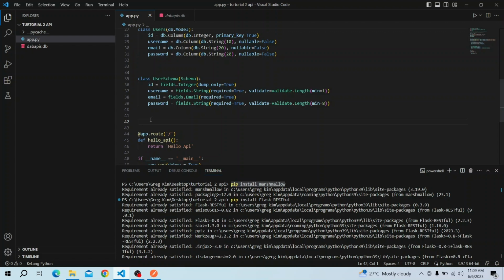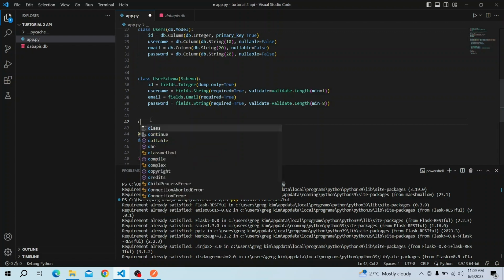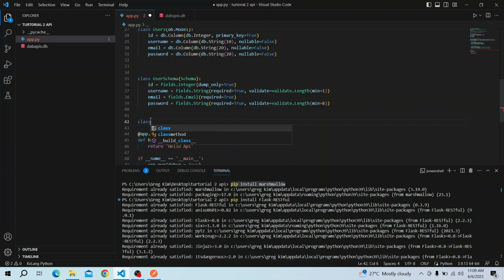Now the first thing we're gonna make is the adding of users. So add user, that's a resource, because this is a resource. Anyway I'm using class based views all the way, so no route for this API, okay. I am not using a route for this video tutorial, but if you want to see a routing system, you can comment down in the section below and I will add a new video for a routing system for API. Okay guys,